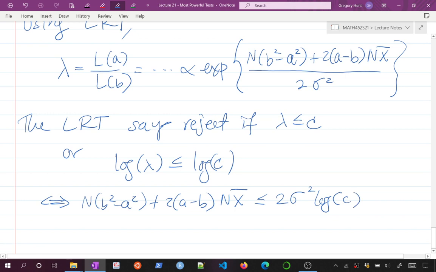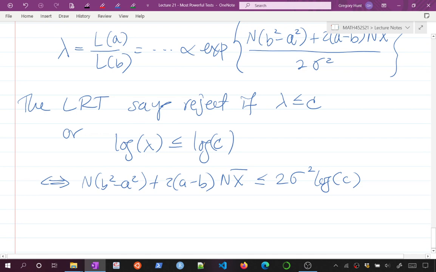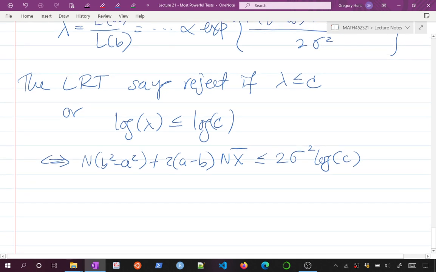And a, b, and n are fixed constants, so I could actually move this all over. This is going to say x bar